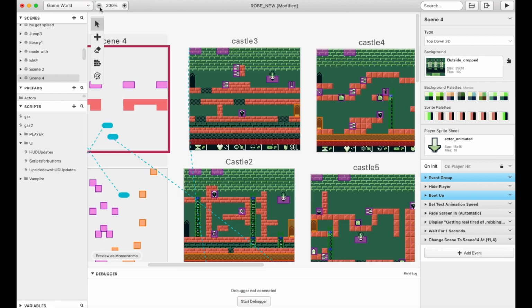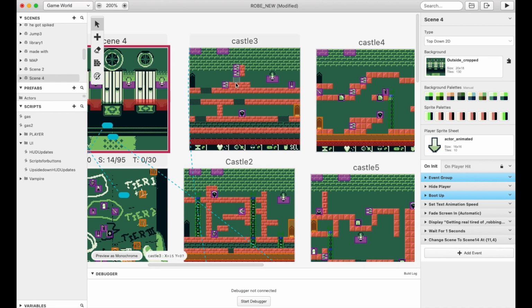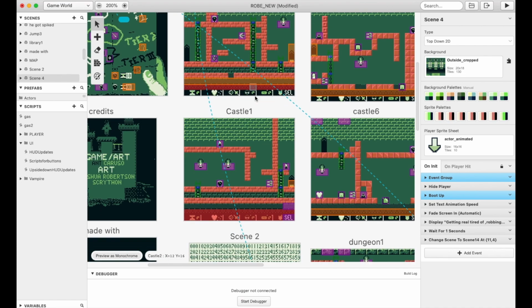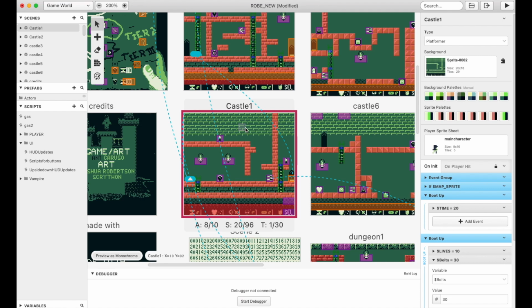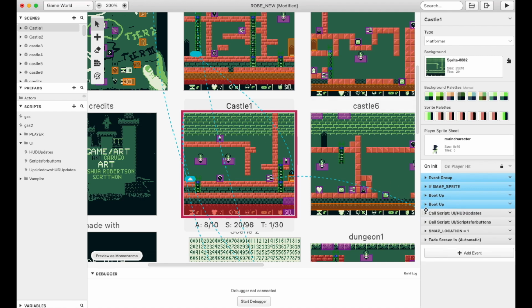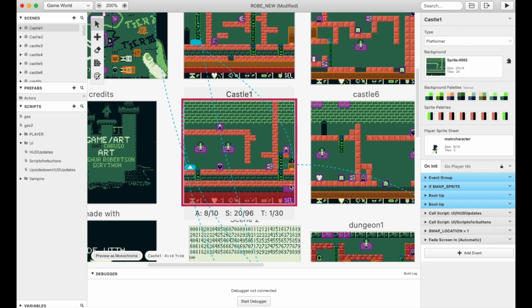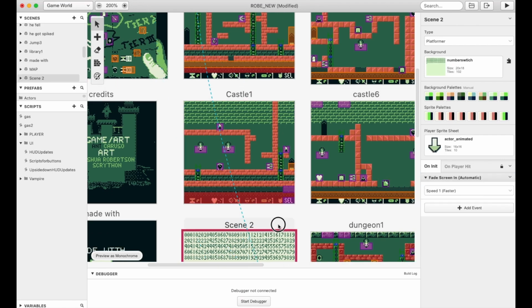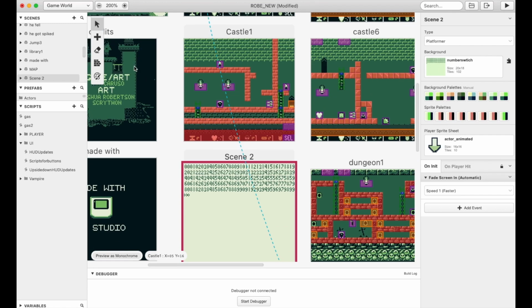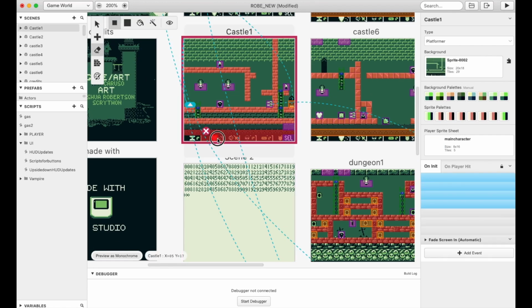So this is the third level, but we'll hop down to the first level to make it a little more clear. So the first setup, there's important setup things here that you need to do. So if you're going to use a heads-up display,